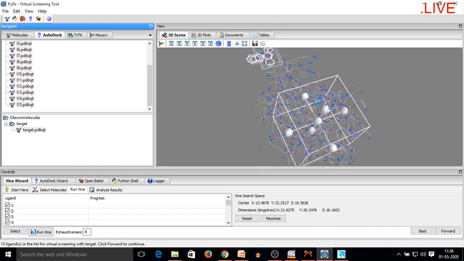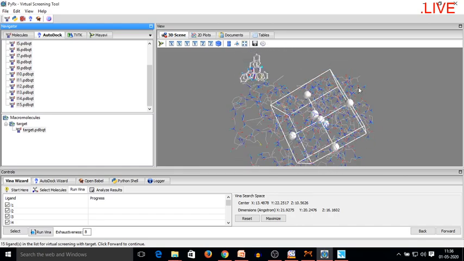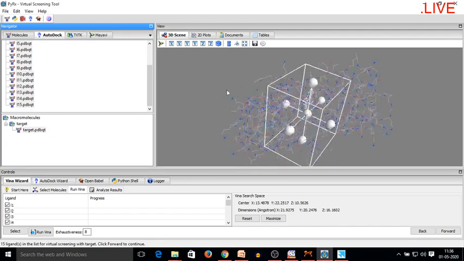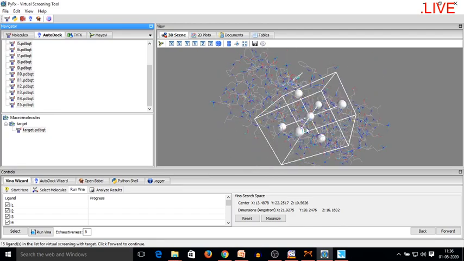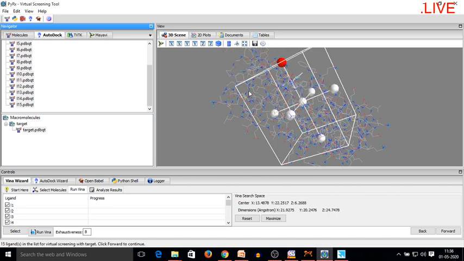and now here you can see that it is almost the center of the receptor I have selected, and the size of the grid is 21 XYZ, 21, 20 and 16. Okay, so this is the particular size. You can also maximize it, you can also increase it to the complete receptor, but here I am taking only 16 as my Z axis.